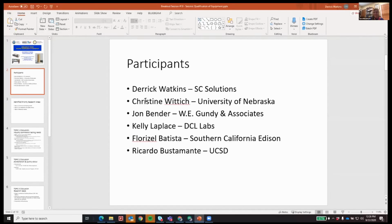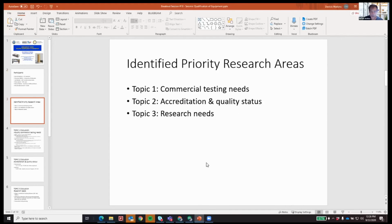All right, so our topic was seismic certification of equipment. The participants are listed here. We had a small group, but a nice diversity from university to test lab to utilities to people who do seismic certification as consultants. Our priority research needs, topic 1 is commercial testing needs. We believe because the size and payload capacity of the LH post that a significant amount of commercial testing could be done there,